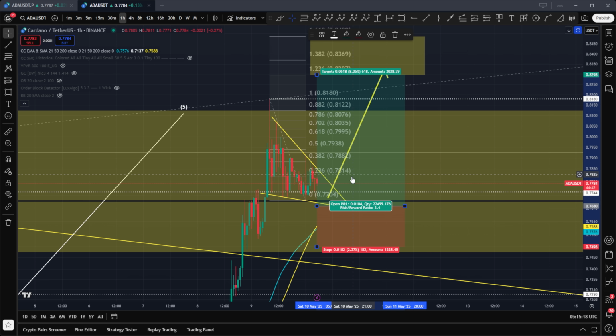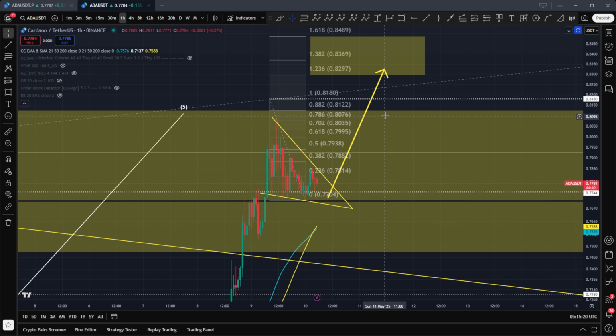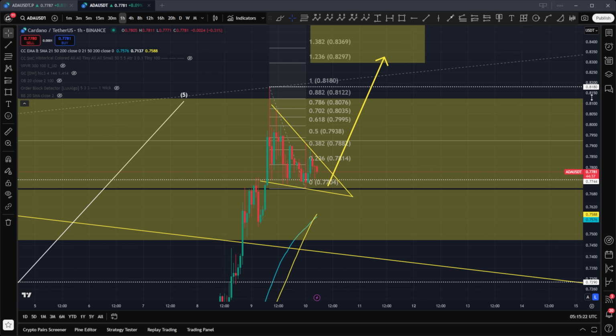So it's looking good, right? So that's going to be my approach to it. And of course, if I am to be trading that, I am going to be trading it or at least